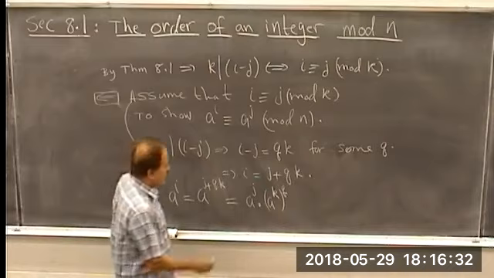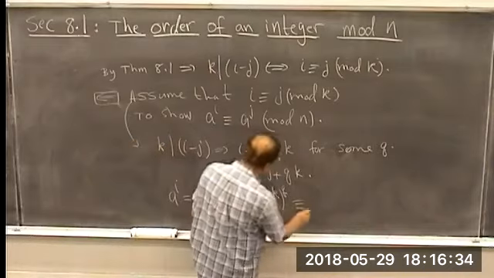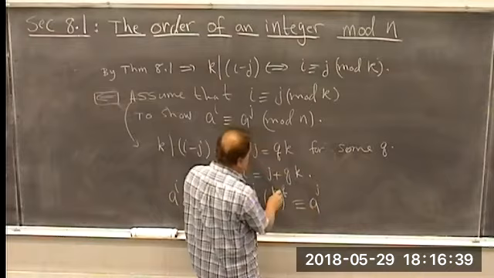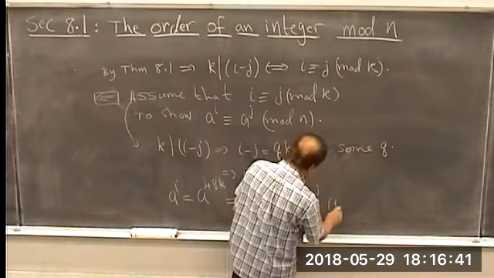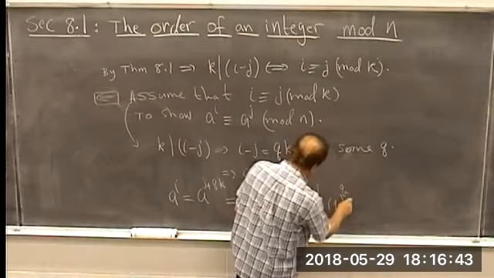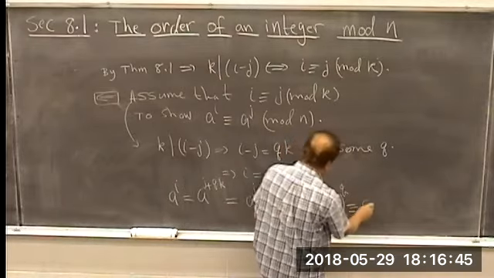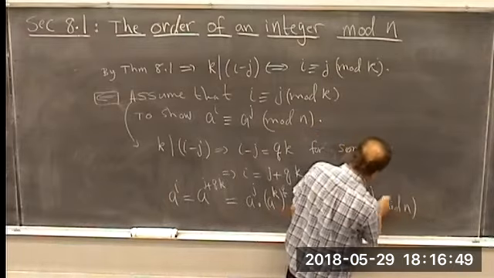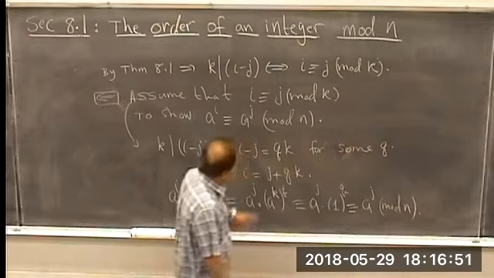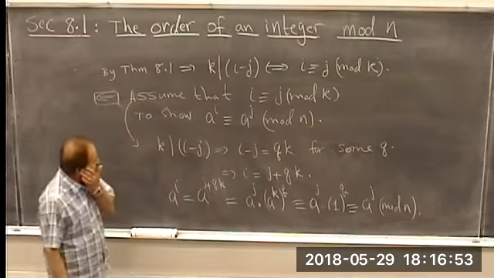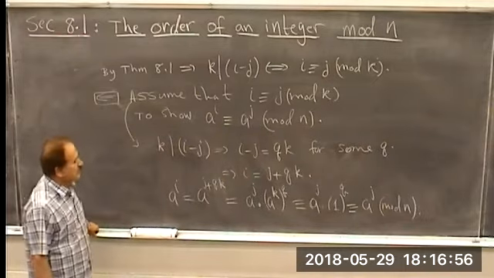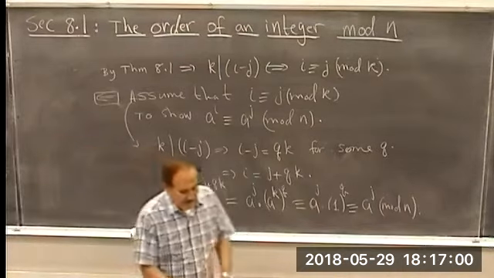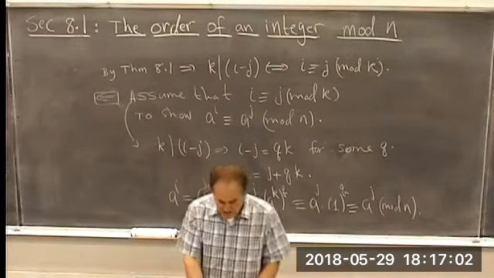Now let's do a congruence here. a^j, now a^k, that's 1 to the q, and this is congruent to a^j mod n. Right? Because a^k is congruent to 1 mod n. Okay? And that's actually the second part of this. All right. Corollary to this,